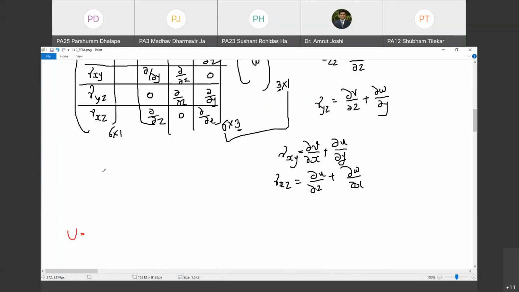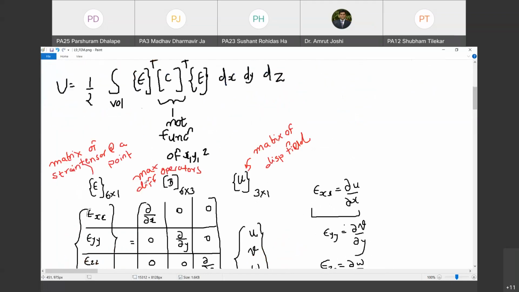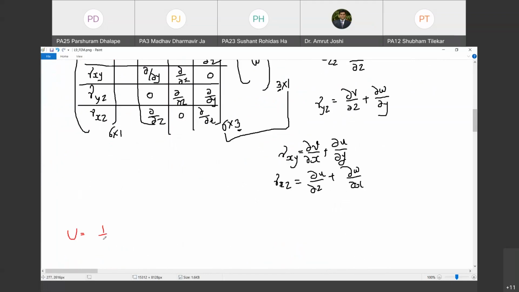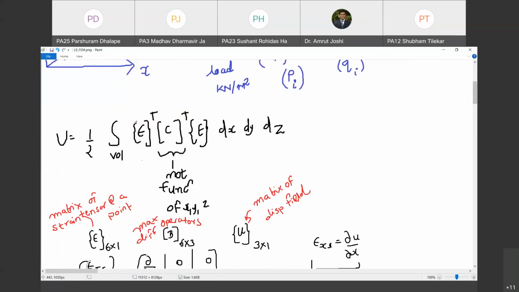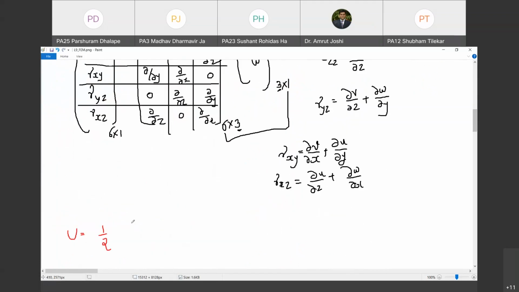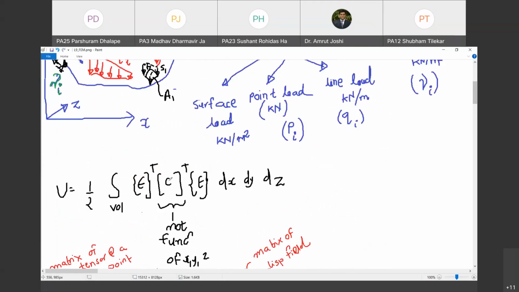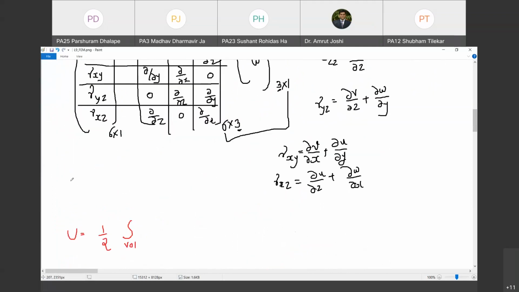Yeah. So U will be given, and 1/2 is sitting there. Then you are going to have integration over the volume of epsilon transpose. किसका transpose लेना है मुझे? Epsilon, now I am going to represent it by B times U. So if I have to take the transpose of epsilon,